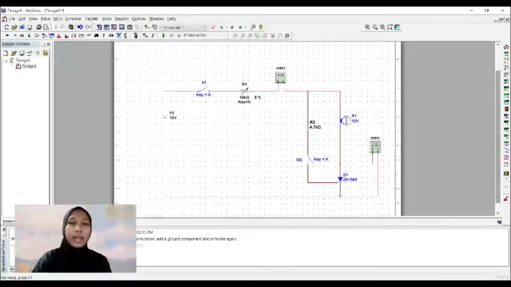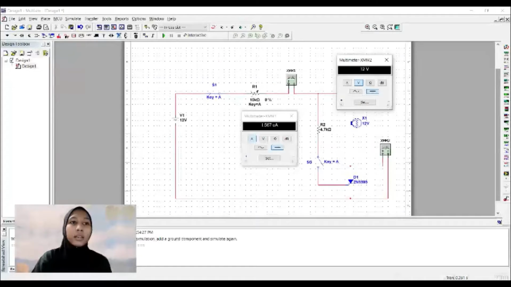I will continue to explain about the simulation for activity 2, which is the SCR characteristic. So the first thing that I will do is connect the circuit as shown in the given figure using the Multisim software, and then S1 will be closed and I will set the Vout1 to its